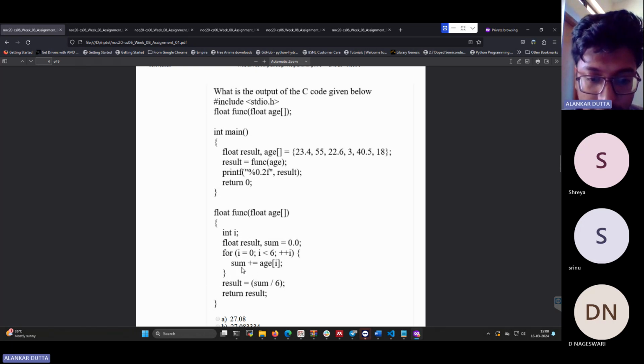What is done in here is that the sum, which was initially assigned the value 0, gets the age added. Every element in this age array is getting added to sum, and at the end it's getting divided by 6. So what this is basically doing is finding the average of age among all the elements in this array. If you calculate it, you will see that this is something like